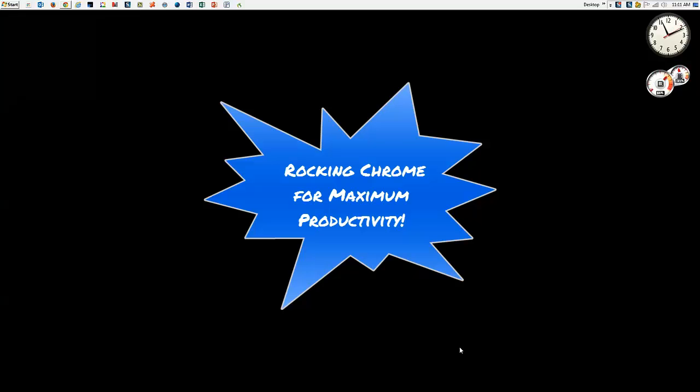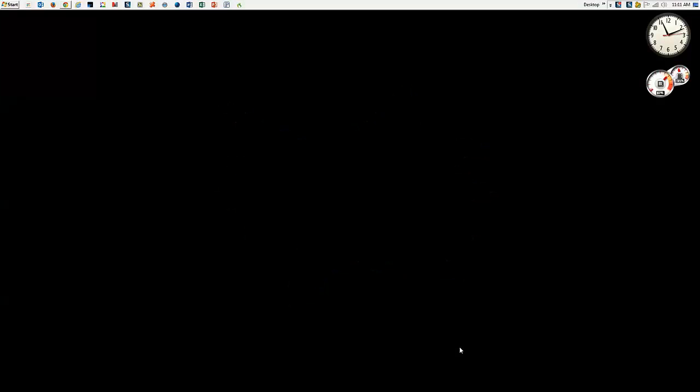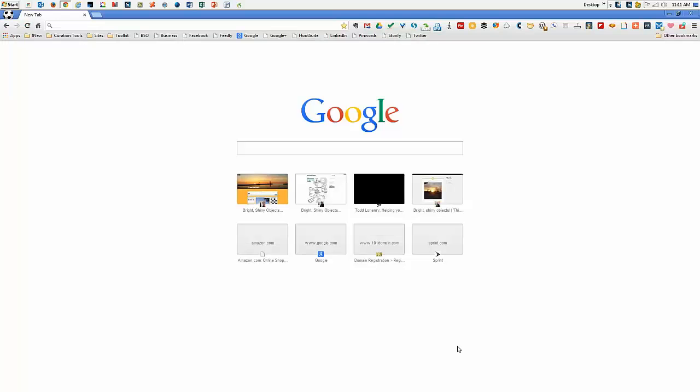I'm not saying that I run my computer any better or worse than you do, but I did want to share with you a couple of quick thinks about how it is that I configure Chrome for maximum content marketing efficiency. So if I switch over to Chrome, now one of the first things that I do is that as